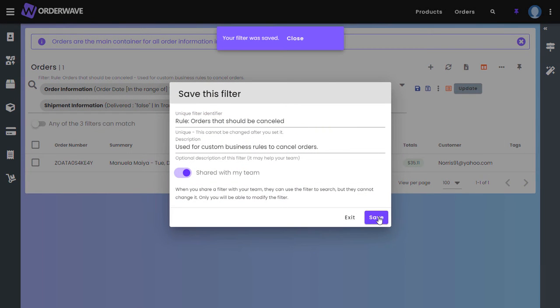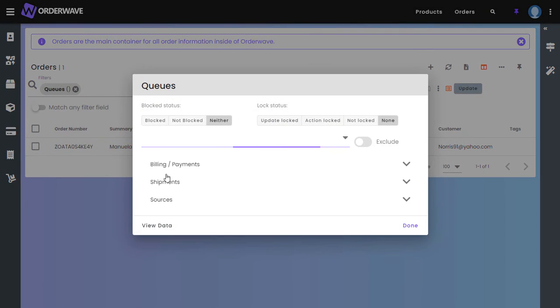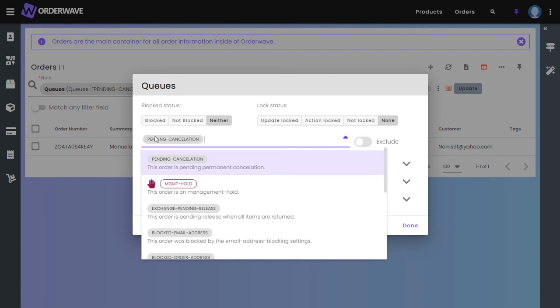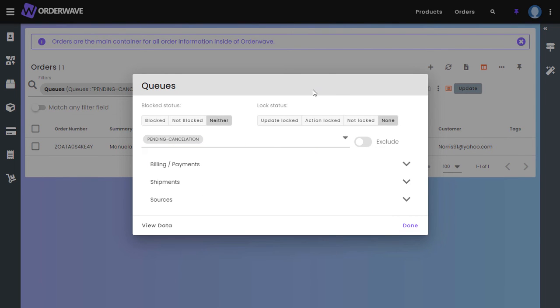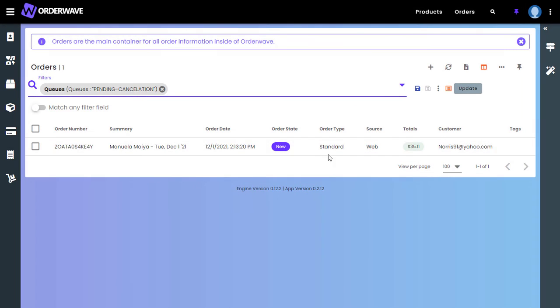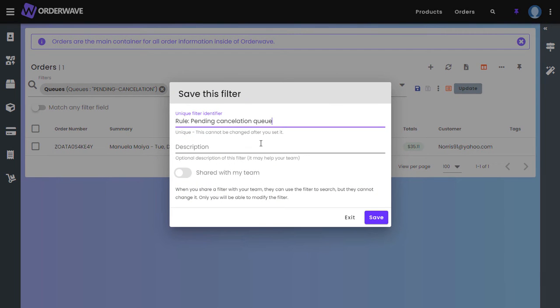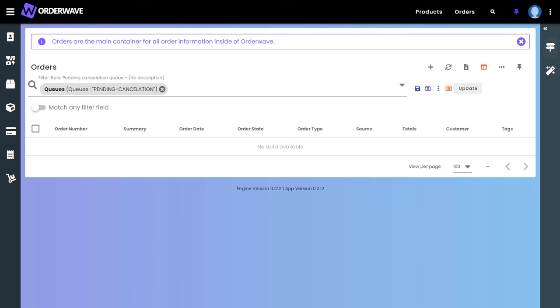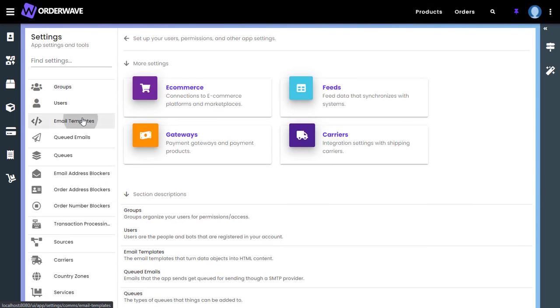Since we're here in the order section, let's create one more saved search. This time we want to find the orders that are in the pending cancellation queue so that we can use the saved search to find them and cancel them. Let's save this search as rule pending cancellation queue. Share and save. I've put together a simple email template that informs the customer that the order is pending cancellation